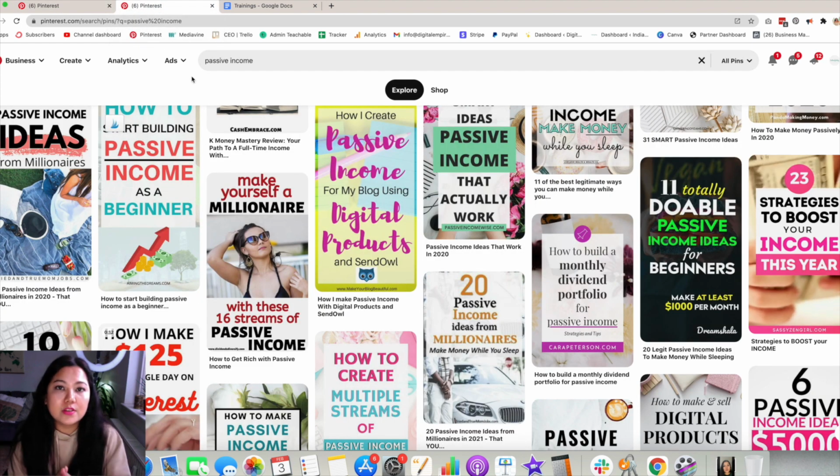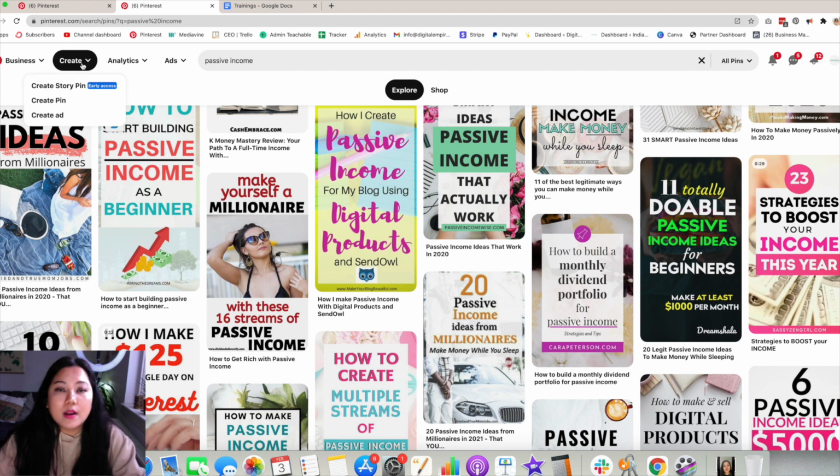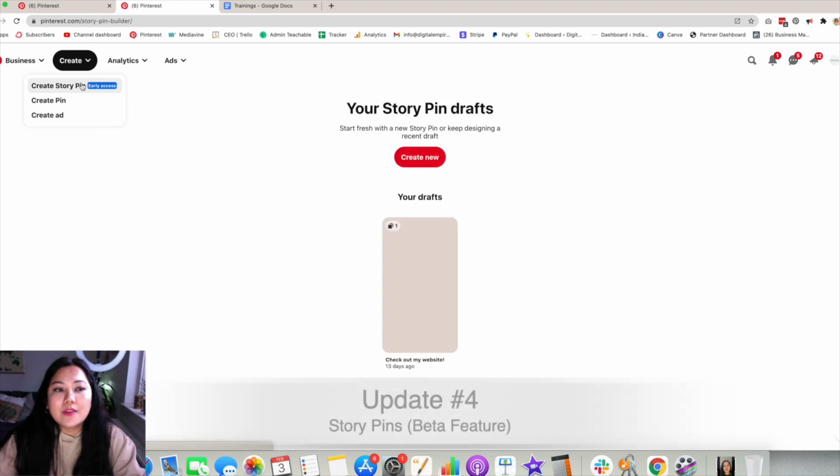Another feature that is new to Pinterest is the story pins feature. Now, depending on where you are based and whether or not you have an account which got access to this feature, because Pinterest is slowly releasing this feature out of beta, which is also quite common with the way Pinterest does it. Some creators have access to it, some don't. I'm lucky that I have access to it on one of my accounts, not all. So I'm going to quickly show you how that works as well.